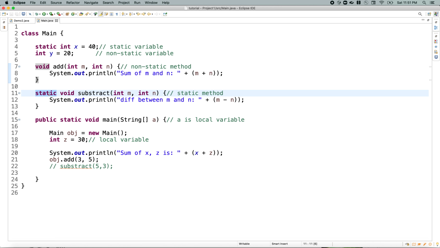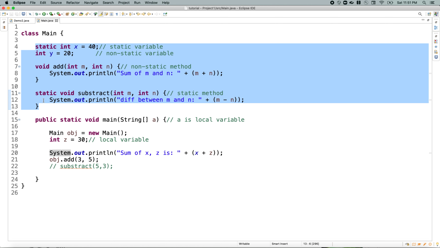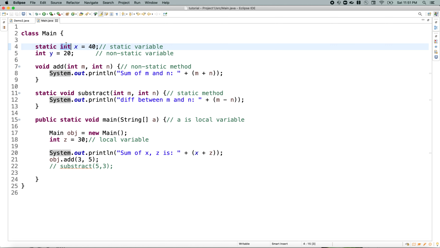But if, while defining a method, you have a static keyword, that will be your static method. If you see here, I have defined one more method, subtract, which has a static keyword, so it will be a static method. So at the class level, we have a static variable, non-static variable, non-static method, and static method, right?